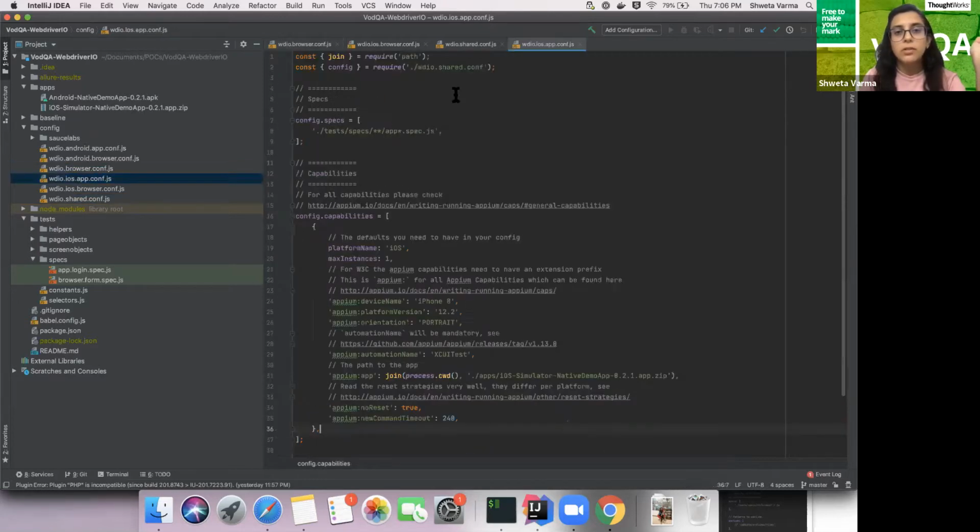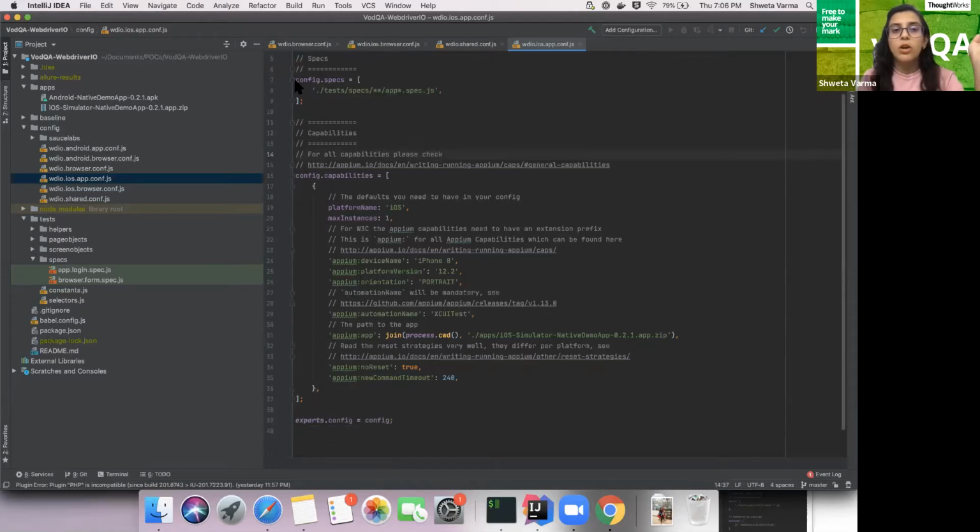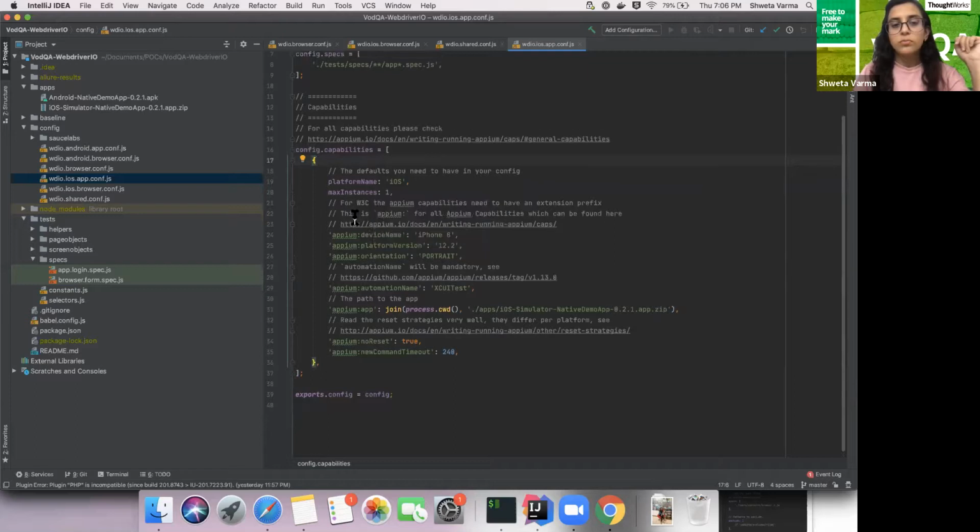So if we see here, we have said that you require this shared config. So it has got its attributes as well. On top of that, I wanted to segregate at the specs level which files it should execute. I can achieve that. And then the capabilities: which specific mobile device I want to use, which is the platform version, what orientation I want it to be in, and then this one is for the app.